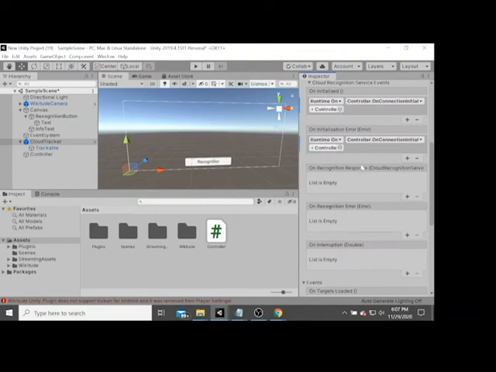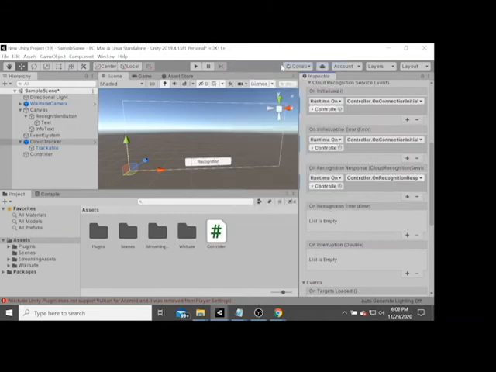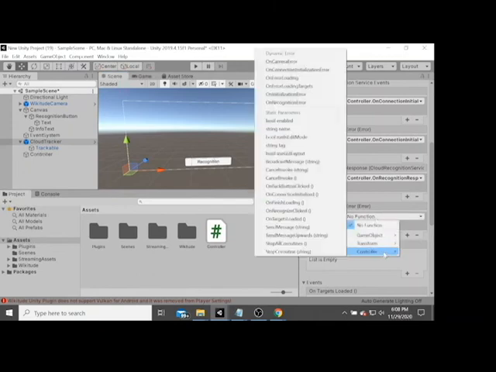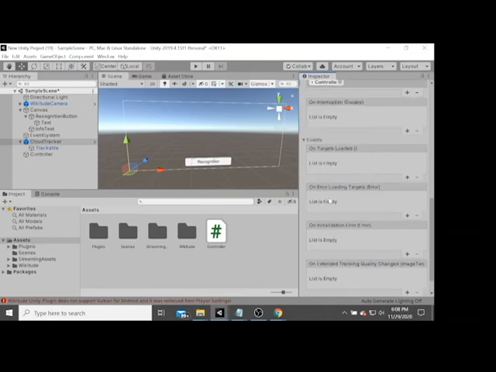Next, on recognition response, you can drag the controller again, choose controller on recognition response. Okay. For on recognition error, you can add, choose the controller, drag it on the object here, choose the controller here on recognition error, this one.